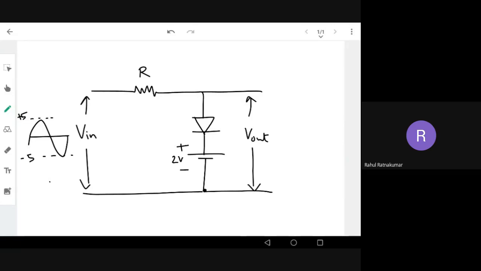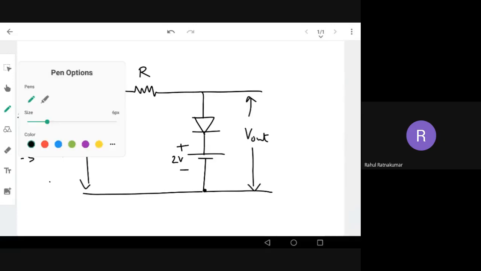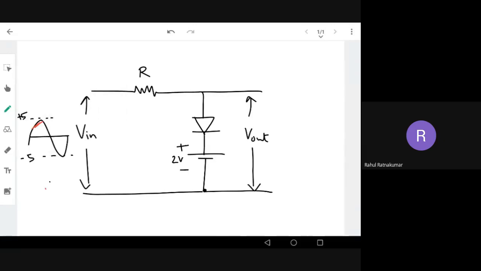So how to analyze, I'll just repeat. Let's say we have a positive waveform, the positive half cycle. So this is plus, this is minus. This is the first part of analysis. In the exam, or when you do it on your own, you can do it step by step. Step one, the positive half cycle, what happens? Before that, the first important step is to see what is the status of a